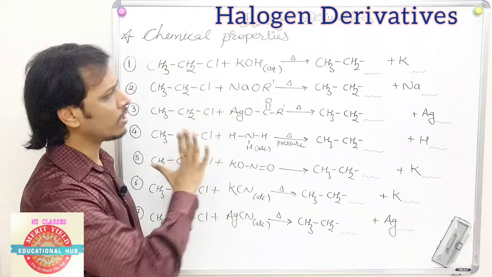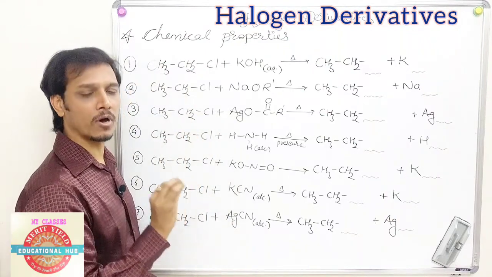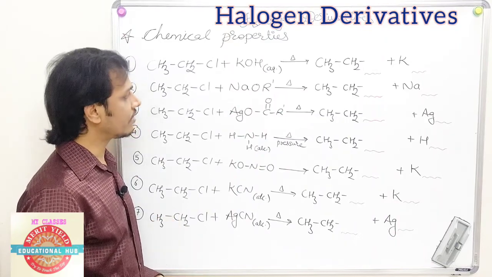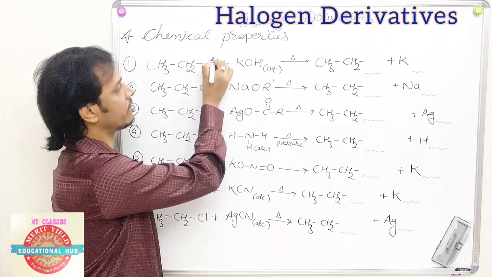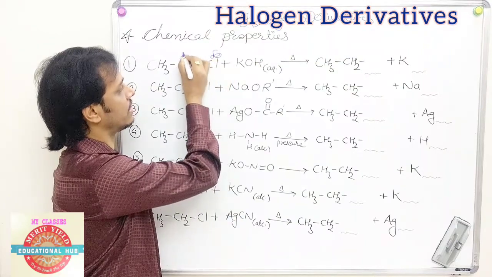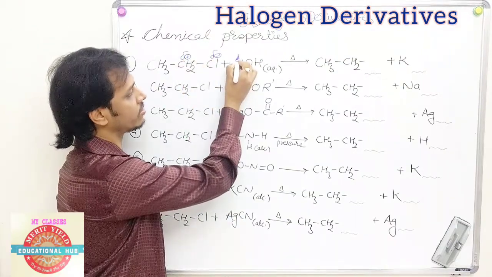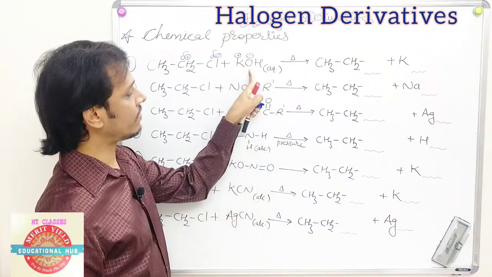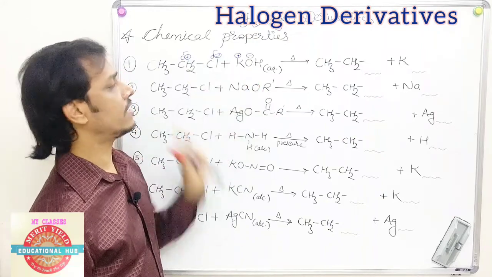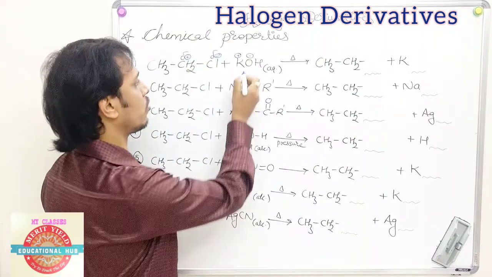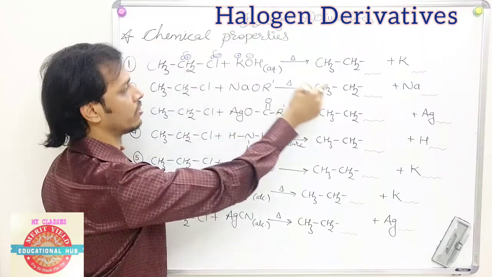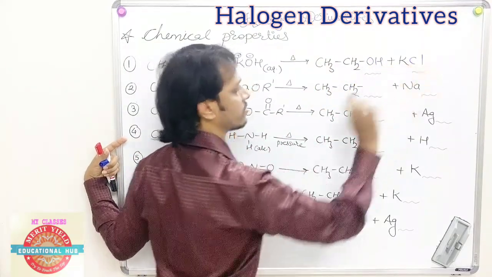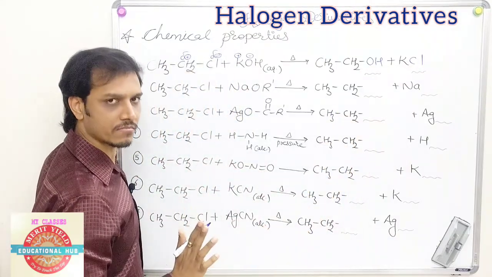Here we have to do only a simple thing. We have to find the positive and the negative polarities in every chemical. So you can see here, Cl is the negative part, obviously the remaining is the positive part. Here K is the positive part and OH is the negative part. Now just switch it. The negative part of the reagent adds to the positive part of the reactant. That's all. So OH gets added to CH2 and you'll get CH3CH2OH plus KCl. That's all. Just switch it, whatever it may be.